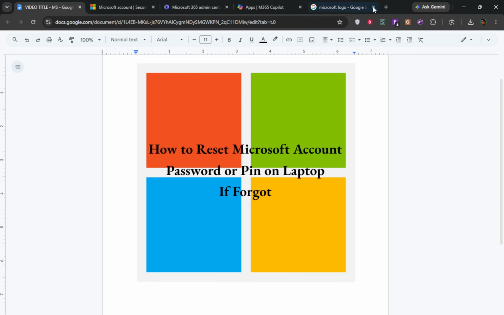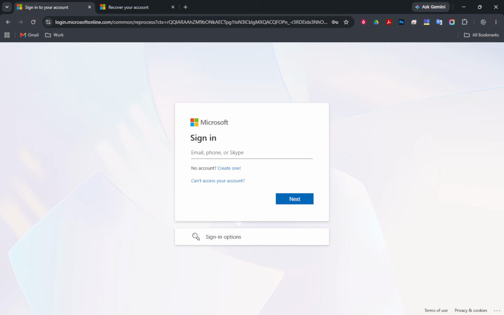We will explore two main scenarios, starting with what to do if you've forgotten your Microsoft account password. First, let's look at option A, which allows you to reset your password directly from the Windows sign-in screen. Once you're at the sign-in screen, locate the option labeled I forgot my password. This is usually easy to find.